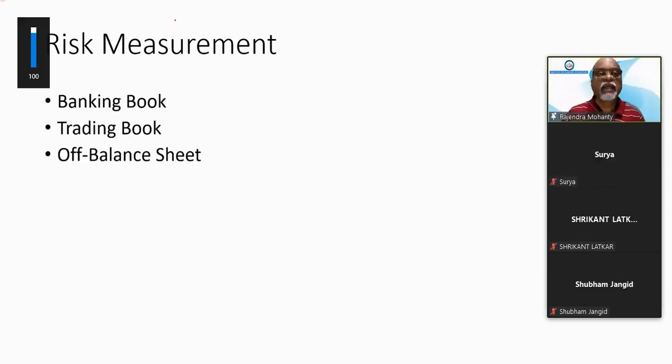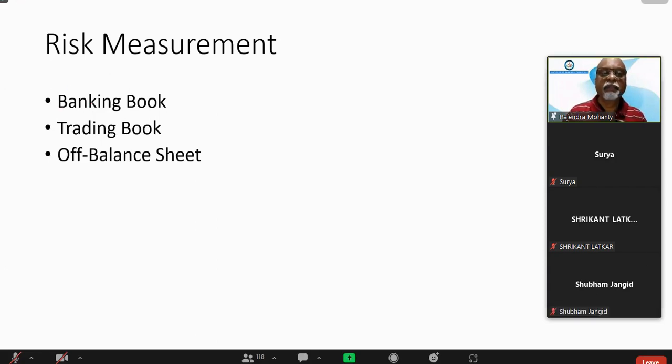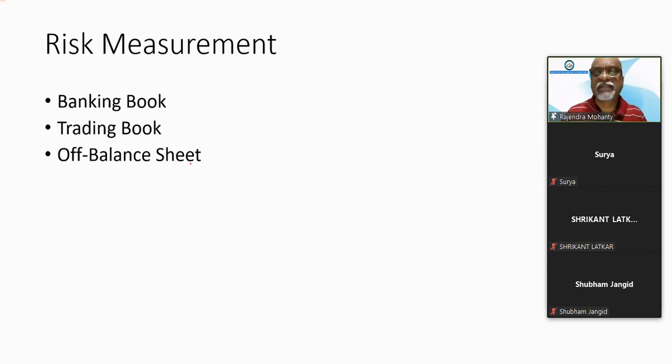A transaction can be booked in the banking book, or in the trading book, or it can be off balance sheet. So there are three books where the transactions happening in the bank, for any kind of transaction, are to be booked either in this or this or this, according to the type of transaction. Okay. So what is this banking book and what type of transactions are recorded in the banking book? So basically, banking book means